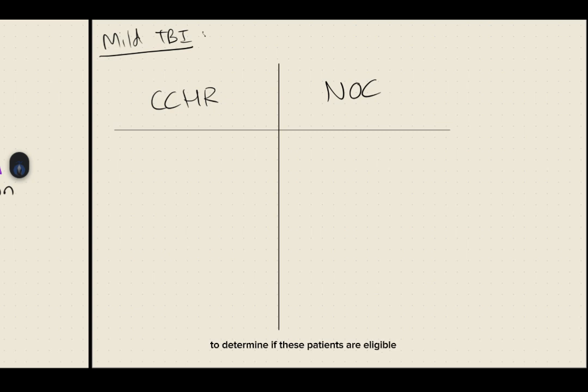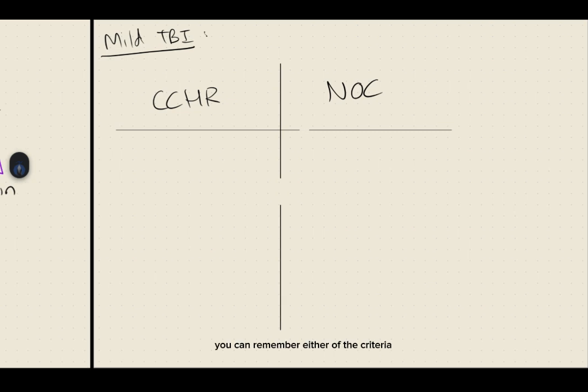To determine if these patients are eligible for getting a CT, we have two main rules. We have the Canadian CT head rule and we have the New Orleans criteria. You can remember either of the criteria. I'm going to stick to New Orleans, and a mnemonic that I'm going to give to remember it is called